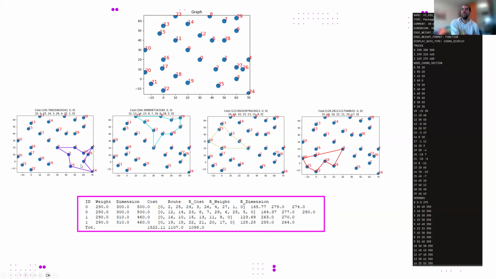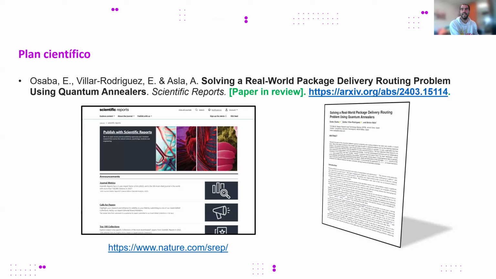We have compared this with the OR-Tools of Google. In our case, the comparison is quite satisfactory, in case we want to solve this subproblem using the CQM or the OR-Tools of Google. So this is the comparison that we have made, and you can find it in the arXiv.